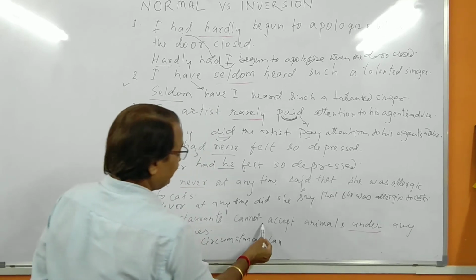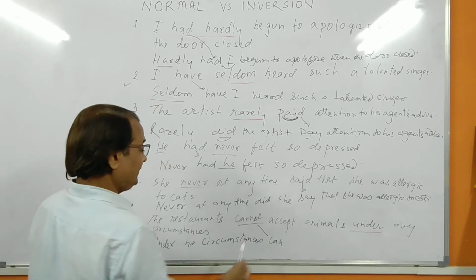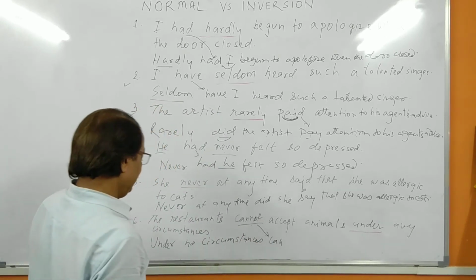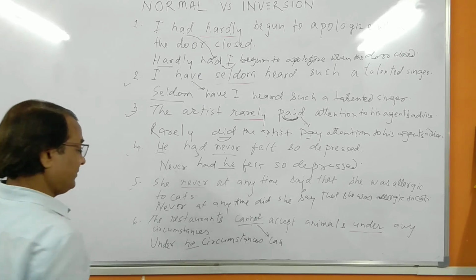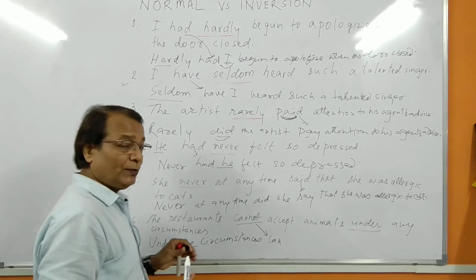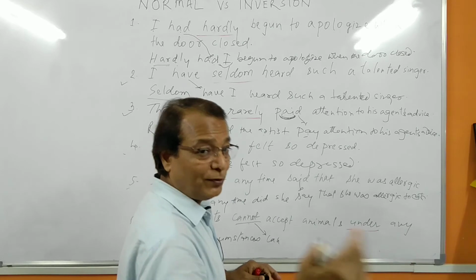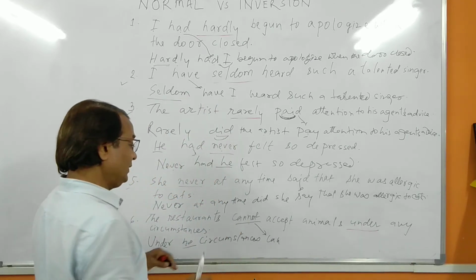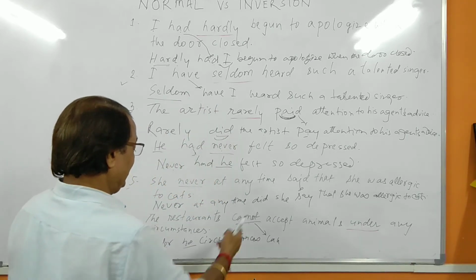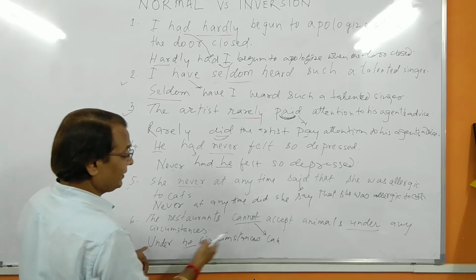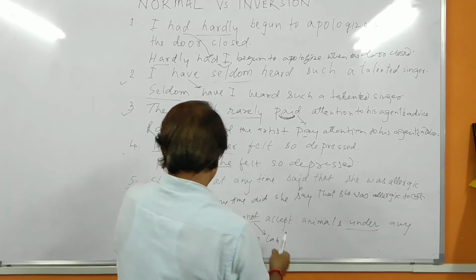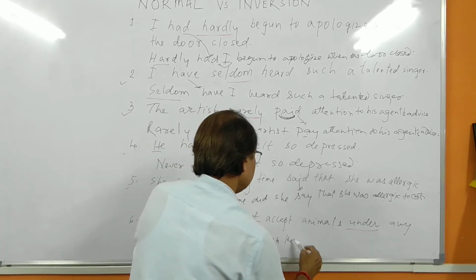Why I am writing this cannot becomes can here? This negative becomes positive because here I have written under no circumstances. Because if you use double negatives, that becomes positive sentence. That's why you have to be careful in the use of such things. Cannot becomes can when I am using under no circumstances, then the restaurants